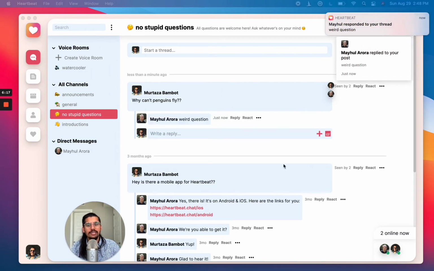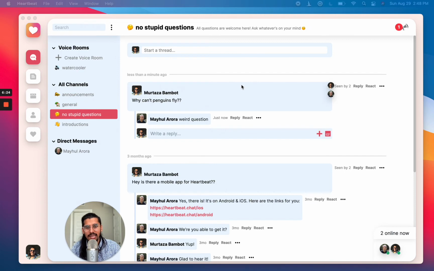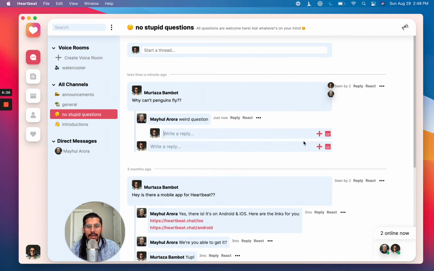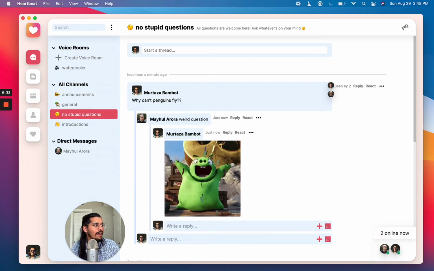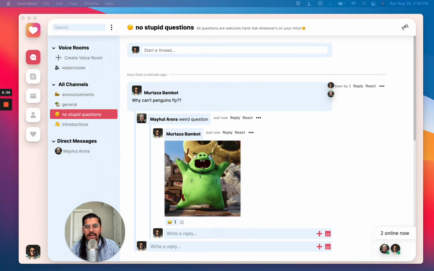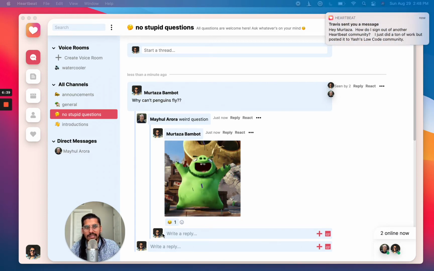And you'll instantly see the typing indicators. You'll see the notifications pop in because we have desktop notifications too. So easy things like that that'll pop in. I can reply back. I can add in a GIF. So I can just drop in this one. And then he can even drop in reactions and things like that. So that pops in directly over here.